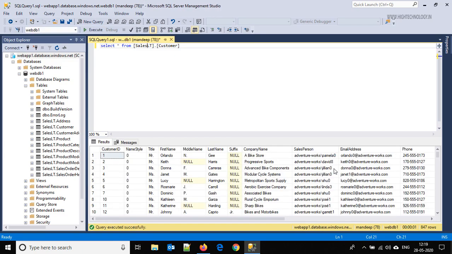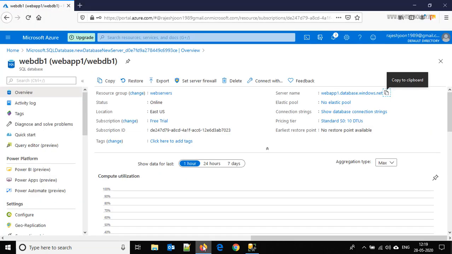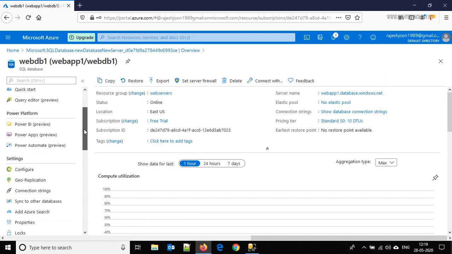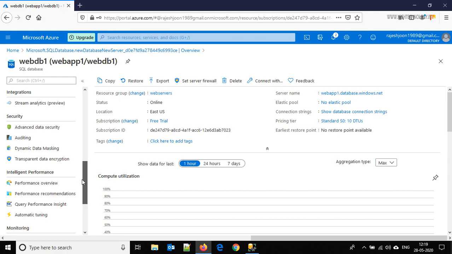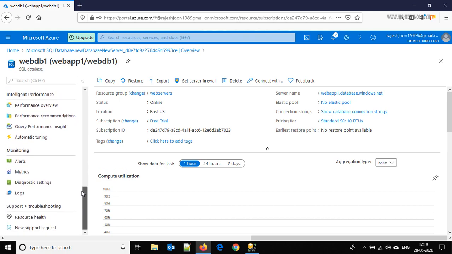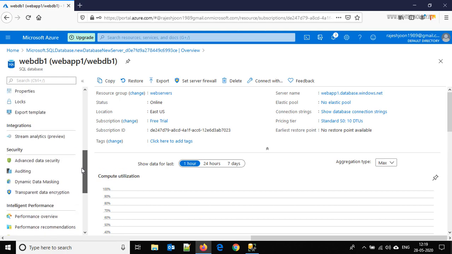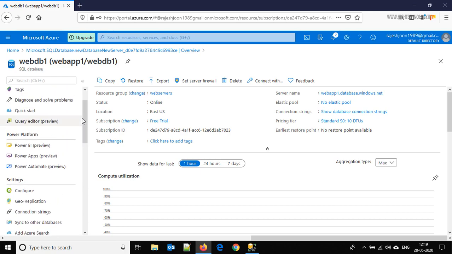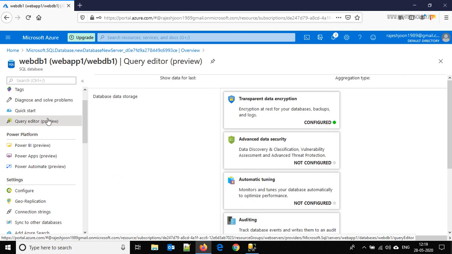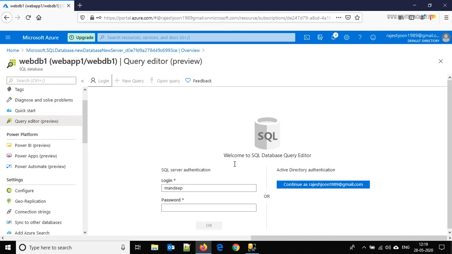Okay, so this way we can access our database through Management Studio on our system, and we can also query our database through the portal. Here we have the query editor, which is in preview mode right now. Just enter the password.